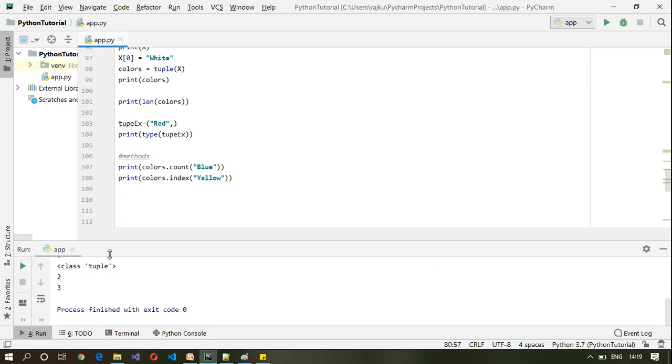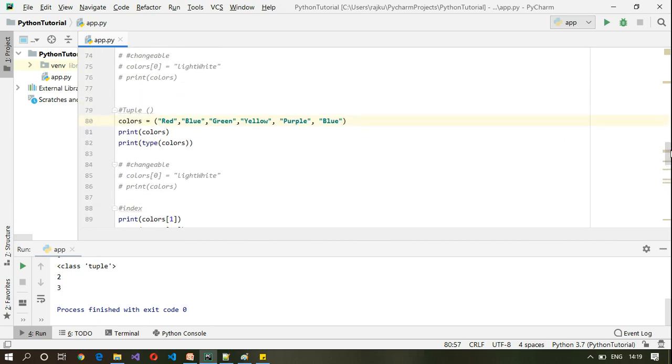Now there are 2 values as blue. So this is how we can make use of tuple. Whenever you want to decide which one to go with, either list or tuple, you have to decide based on whether that particular object is changeable or unchangeable.